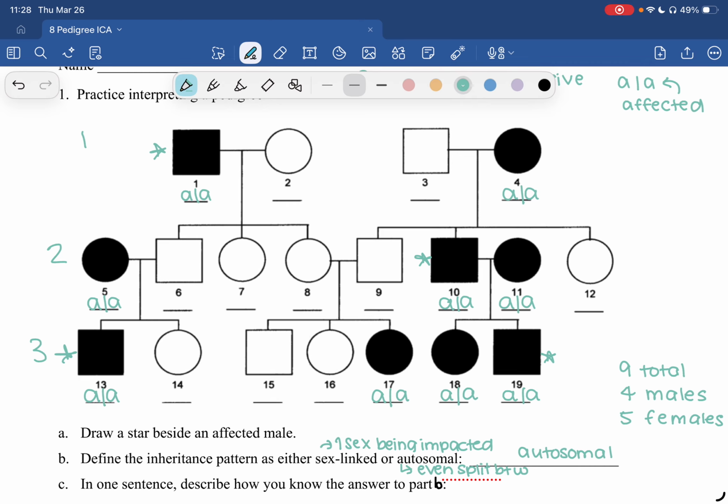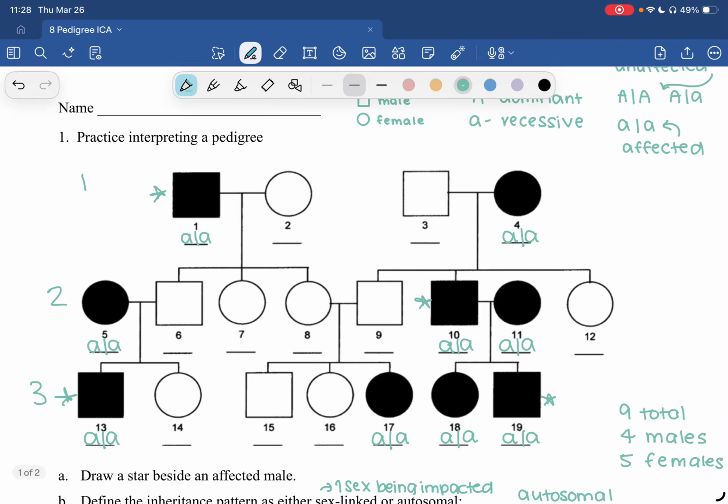So first thing I'm starting with is person number 1. They are a male who's affected, and they married someone who is not affected. So we're thinking this person has to have at least one big A because they're unaffected. Now we need to determine: do they have a little a or a big A? In this case, you need to look at the children. None of the children have it, so we can safely assume that she is homozygous dominant and